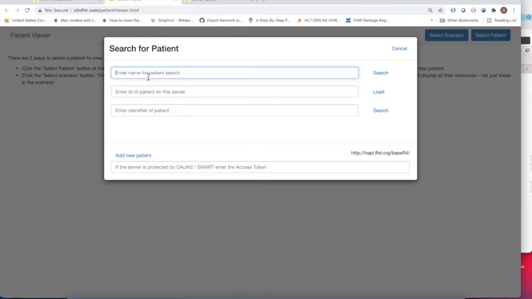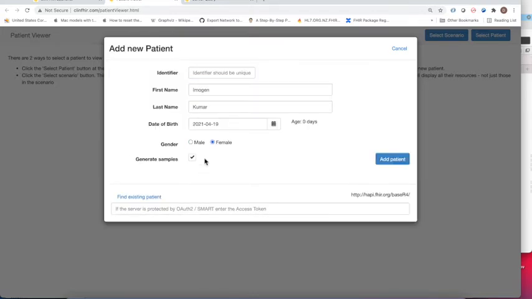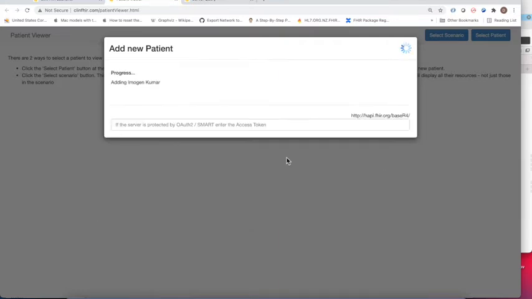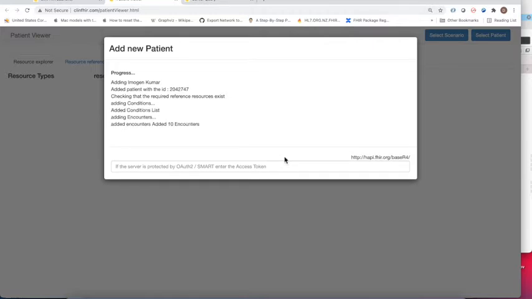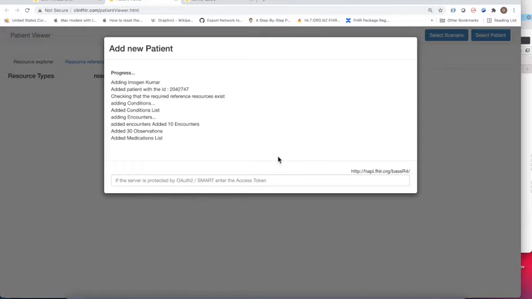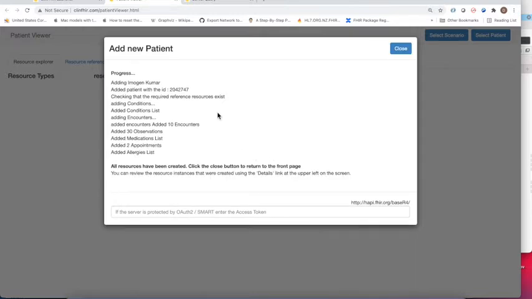Generally we could look up now the patient on that server using their name and ID or identifier, but we also have this ability to add a new patient, and this is the one that we're going to do. And notice that the generate samples checkbox is set. So if I click on add patient now, it'll go ahead and it will make up a set of sample data. It's a fixed set of sample data for a random patient, and we are going to collect a few of these IDs. First off, we're going to select the patient ID, which I'll make a note of,